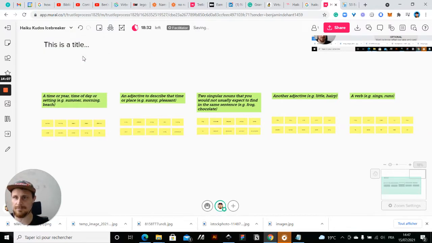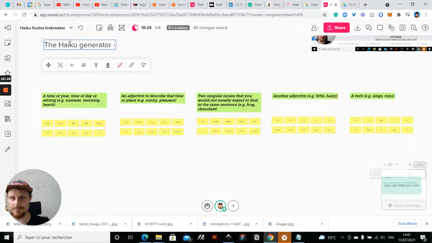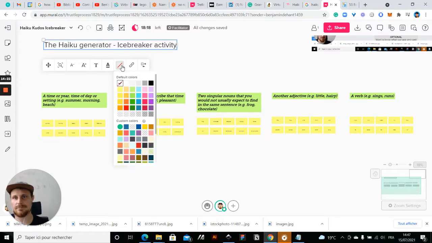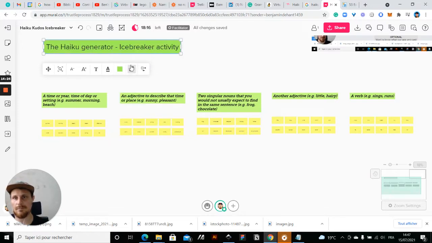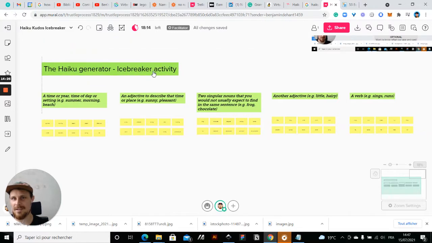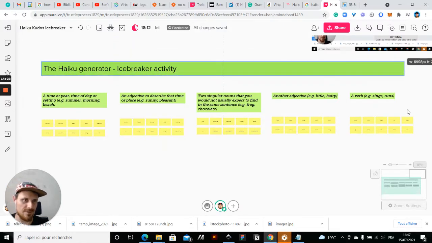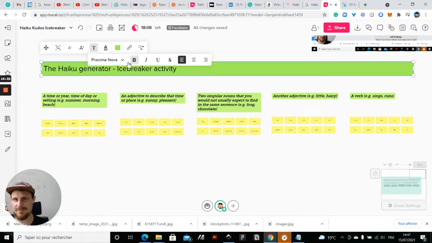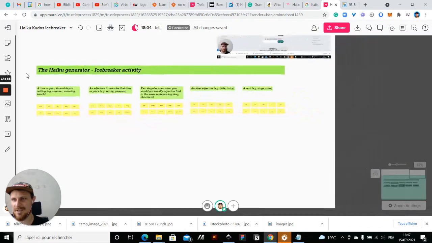Let's call it the haiku generator, and icebreaker active. And I have to say that I'm improving at putting weird colors. This is the live thing that makes me do weird stuff. Anyway,